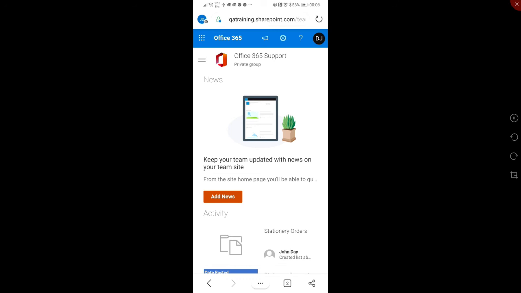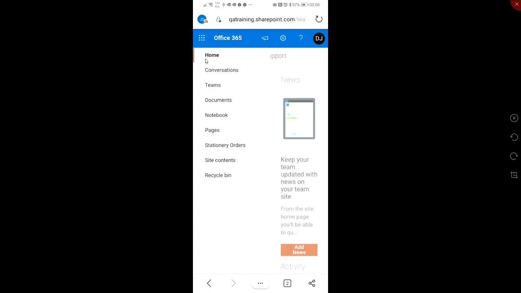So, as if by the magic of video, I can show my mobile phone device to you, and we can see how this actually works from a mobile phone. So I'm looking at my Office 365 support site page. Unfortunately, you can't see my finger pressing, so I'm just going to hover over and show you where I'm going first. There's a bit of dual action going on here. There you go. So I'm going to just now sort of press that stationary orders, click,